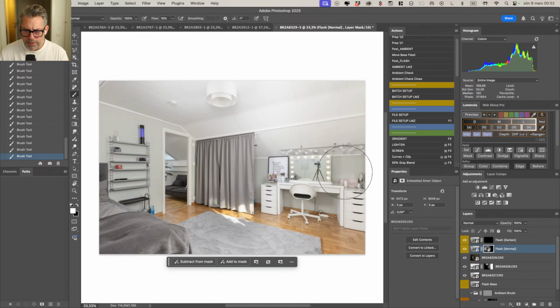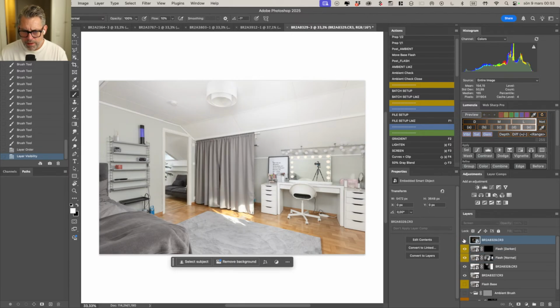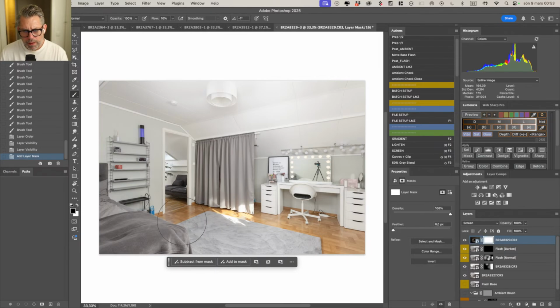Like here on the mirror, this is what the left flash gave me. As you can see, when you're working with a brush that has 0% hardness, it's pretty easy, if you're not careful, to paint myself in here. So just even out those shadows a bit. Maybe just put that on top there. Just give that a mask to